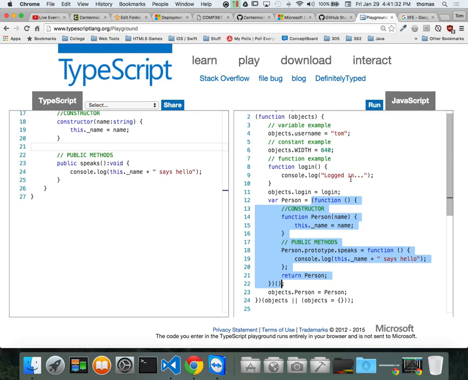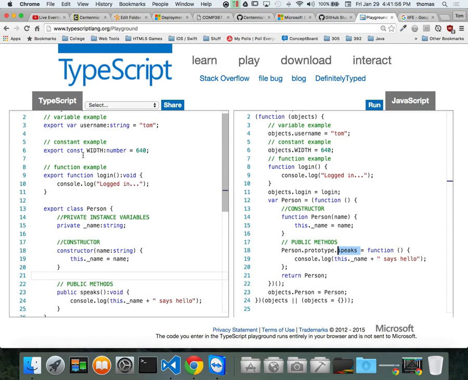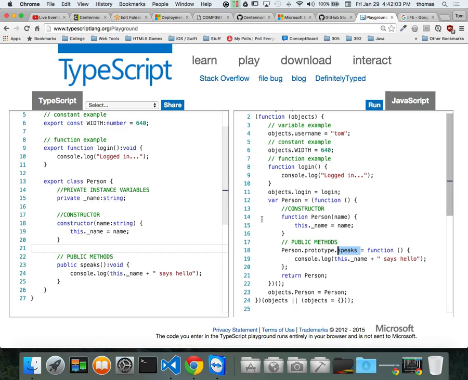And notice how inside this closure, I also have this function, but I also use this prototype keyword to declare speaks as a method that's related to the person class. That's how you do it in JavaScript. Again, to me, it's much more difficult to learn vanilla JavaScript like this, and it's much longer to write, and there are lots of chances for errors because of the syntax. Here, it's human readable. We understand constructors, we understand methods, we understand how to write simple things. There's less chance for error, and